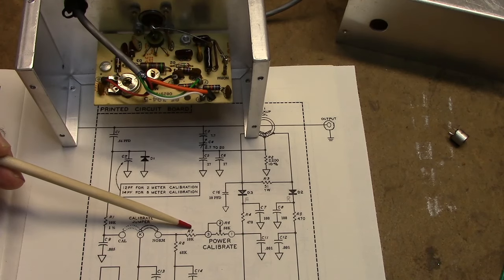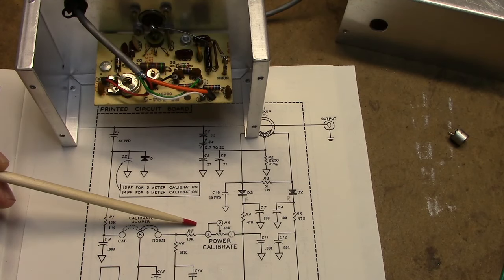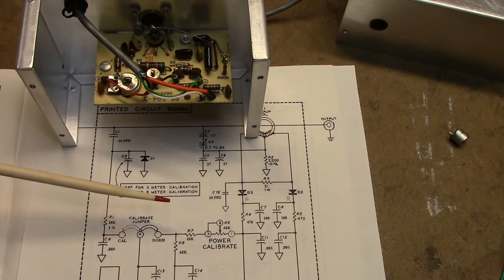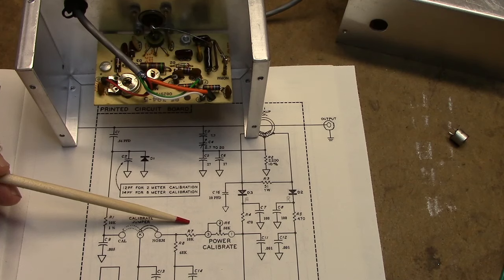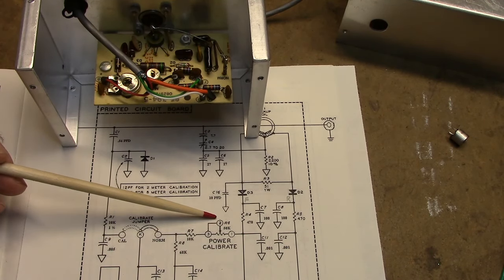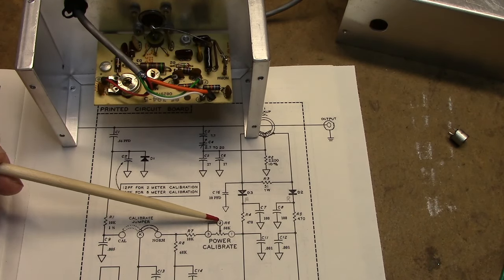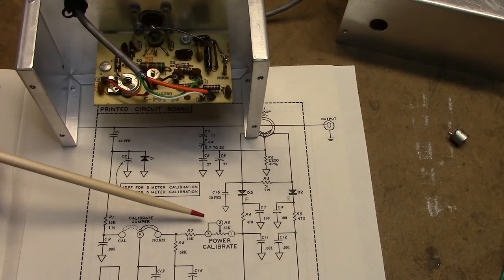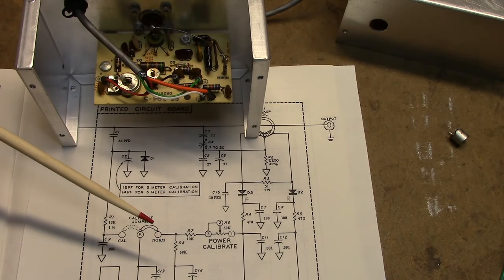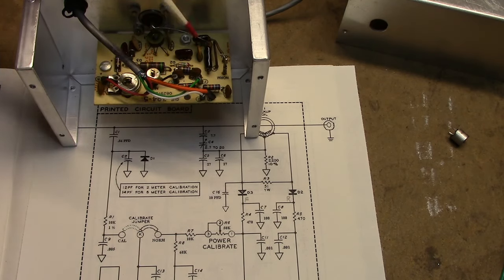R7 here is used, if you look at the switching arrangement here, in the 0 to 25 watt range, and in the 0 to 250 watt range they connect in R8 in series with R7. So if you calibrate this in the 25 watt range using R6, this pot here, this is the calibration pot right here, you calibrate it in the 25 watt range, but there's no way to adjust the 250 watt range because this is a fixed resistor. So what I'm going to do, I'm going to replace R8